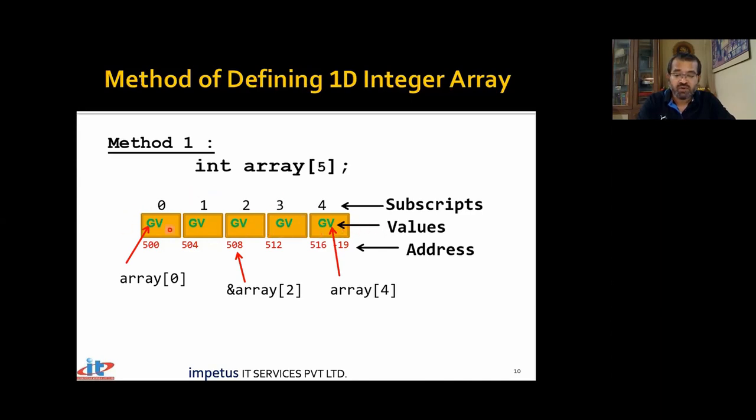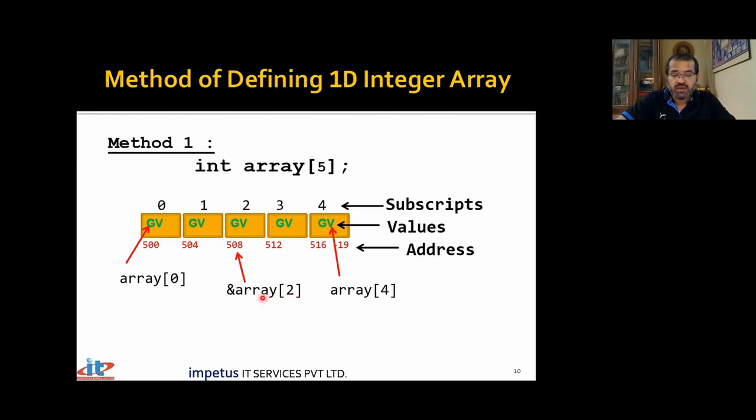If for some reason I want the value of the first variable, I can give the array name followed by subscript 0. If I want the value of the fifth element, I can say array[4]. That will give me the value of the fifth element. This was to read. But if I have to store a value at runtime, scanf requires an address. So if I want an address, I can very well say ampersand of ar[2]. Currently ar[2] is garbage, because we have not initialized that array. But if I want the address of the variable, I will say ampersand ar[2].